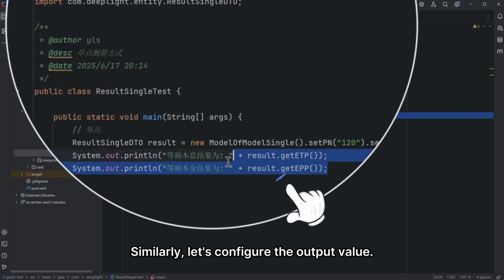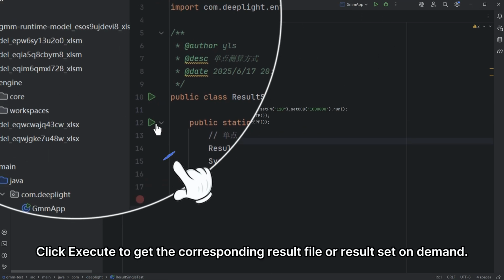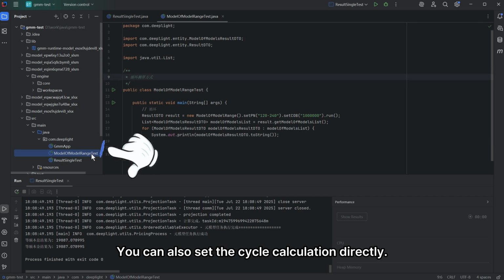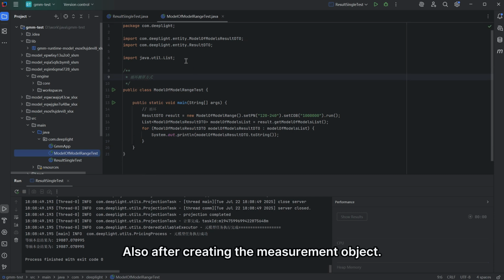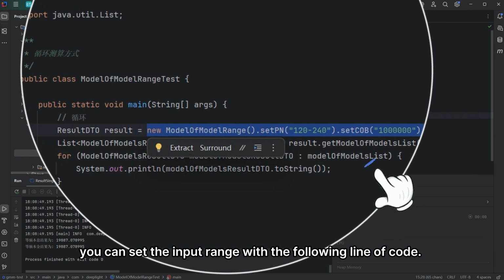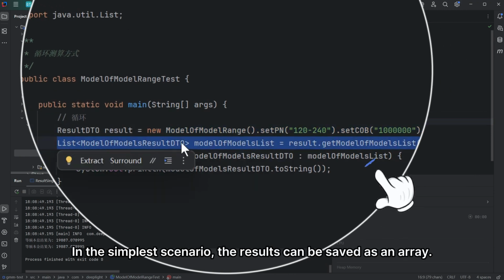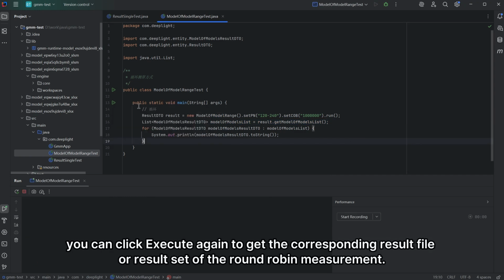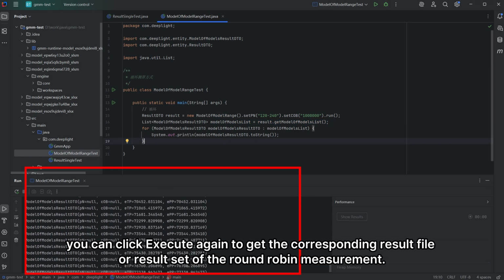Similarly, let's configure the output value. Click execute to get the corresponding result file or result set on demand. You can also set the cycle calculation directly. Also, after creating the measurement object, you can set the input range with the following line of code. In the simplest scenario, the results can be saved as an array. After completing the above simple code, you can click execute again to get the corresponding result file, or result set